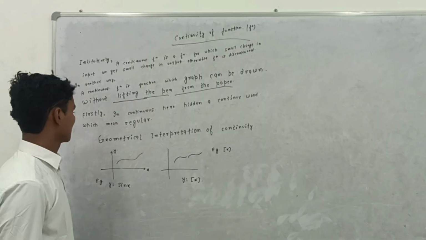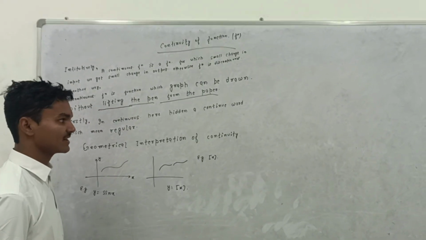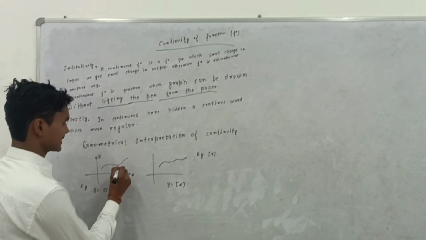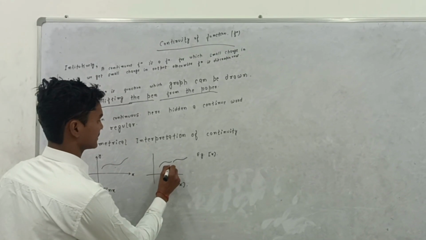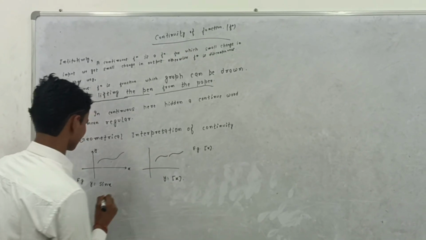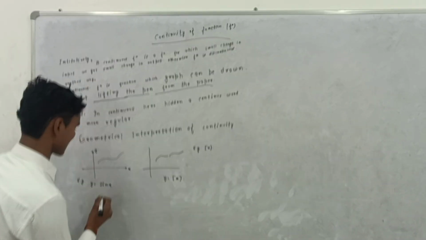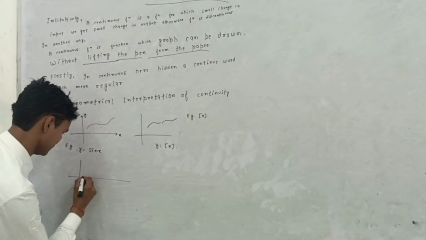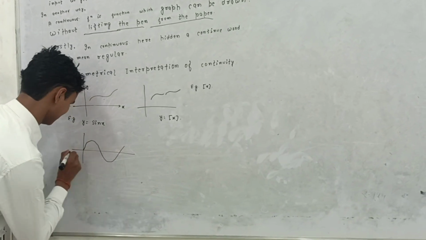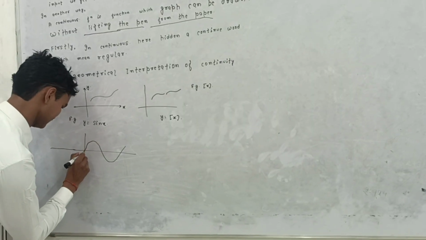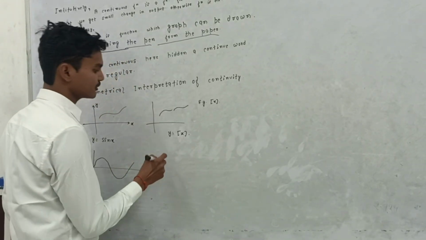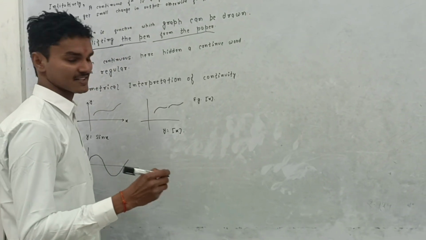Now, we see the geometrical interpretation of continuity. This curve is continuous, while this curve is discontinuous because here it is not connected. For example, the graph of y is equal to sin x is continuous. The graph is something like this. Now y is equal to box x, or greatest integer x, means